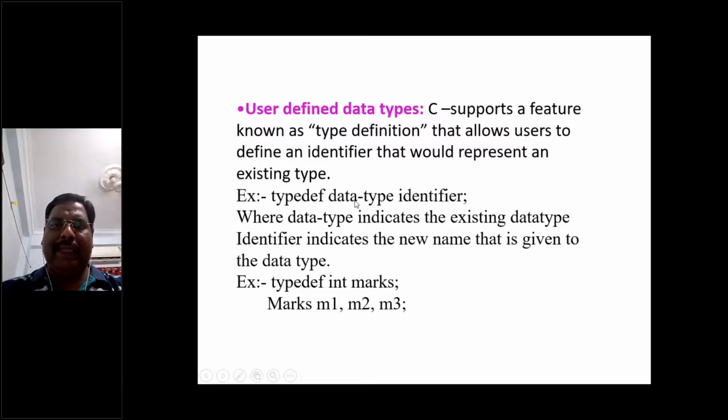The identifier is nothing but the variable name. The data type is whether it is int, float, or char, and the identifier name is the new name given to the data type. So typedef int marks, then marks m1, m2, m3, and so on. Like that we can define user defined data types.